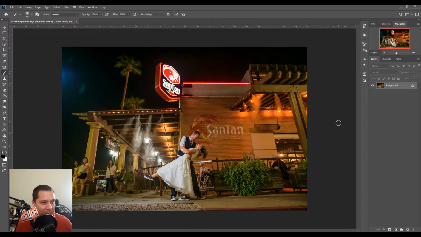So we have an image, a beautiful little image, kind of awkward if you look at certain people off in the corner, but that's okay. We have a beautiful image here of a wedding couple going for a little dip outside this neat little brewery here in Arizona. Nice little flare coming in from a light. I don't know if it's from my flash or a street light or what's going on, but it kind of